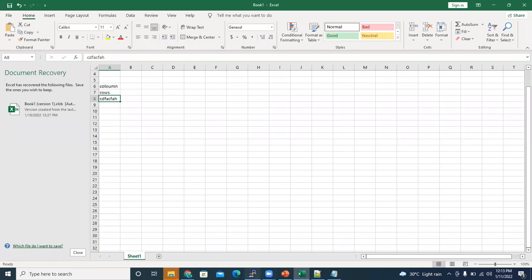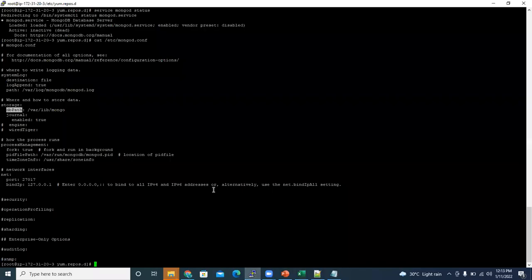We need a space available to store the data. That is what is called DB directory or data directory or dbPath, whatever the name. In our case, MongoDB, it is called dbPath, the storage. So the dbPath is /var/lib/mongo, and by default the data files will be stored under this path.